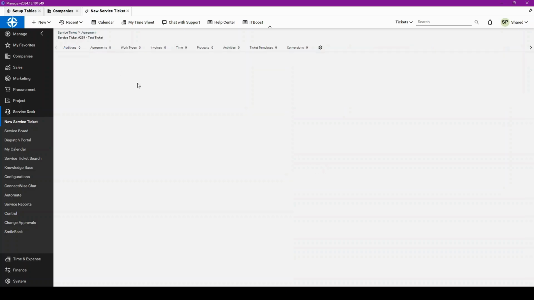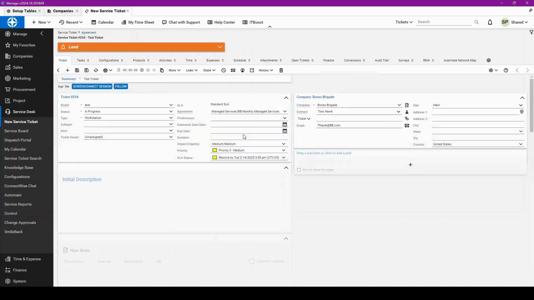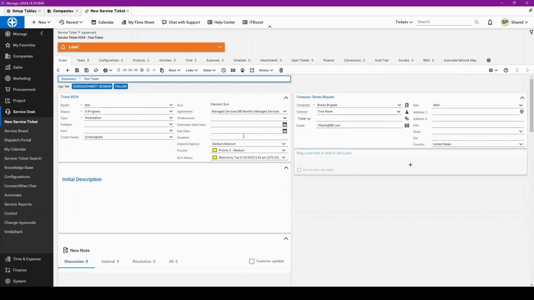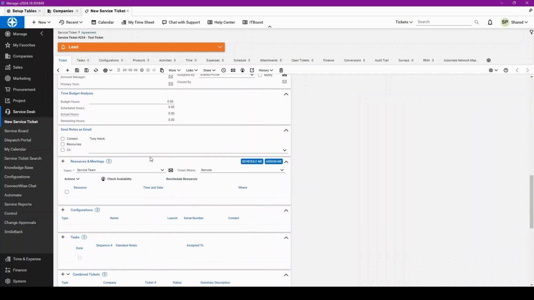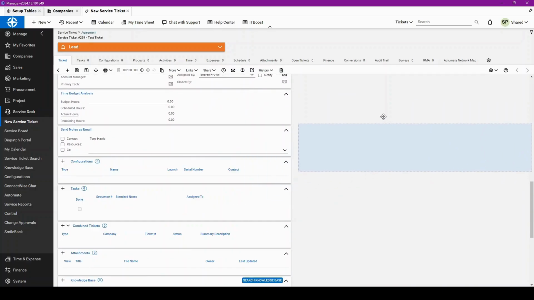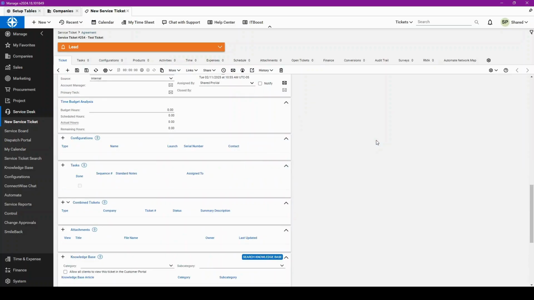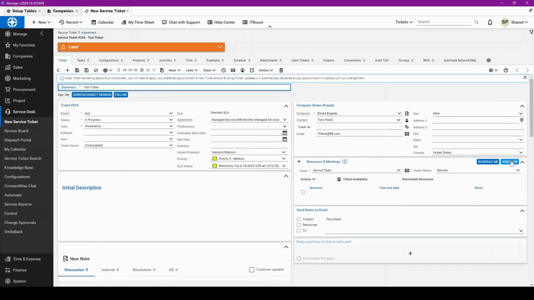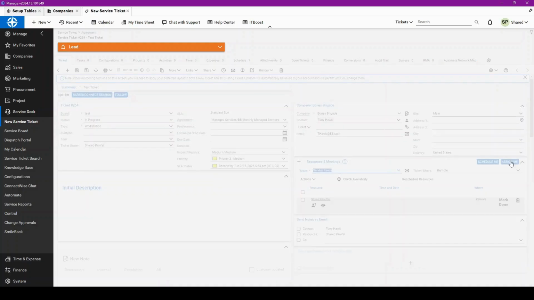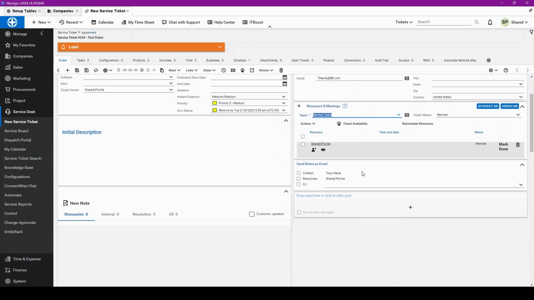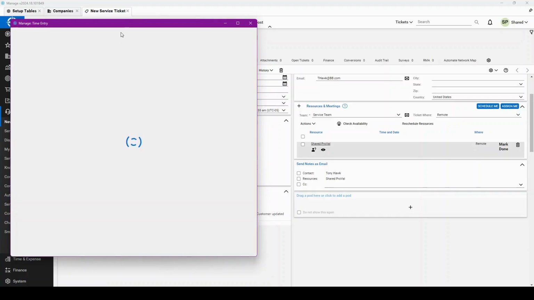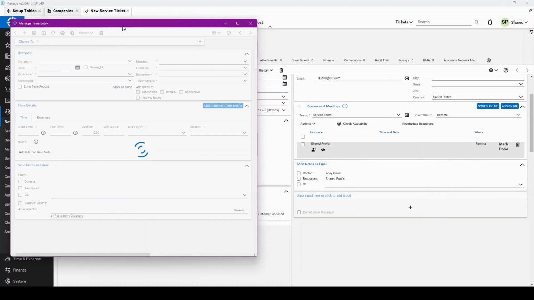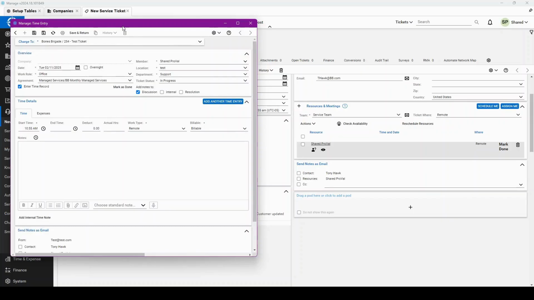So if we go back to our service ticket, what we want to do is see a little bit of that in action. So what I'm going to do here is rearrange a couple things in here real quick, just to make it easier for us to put some time and assign things. So I'm going to assign myself to this ticket. So now that I'm on here, perfect. And then I'm also going to add a little bit of time on here. So when I come in here and I add my time in,